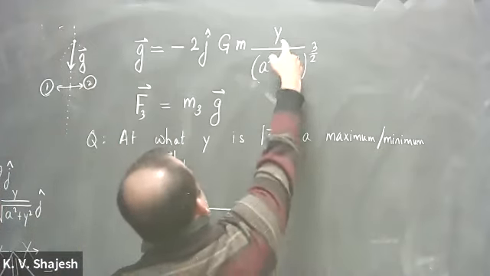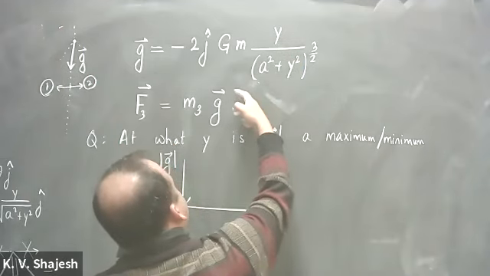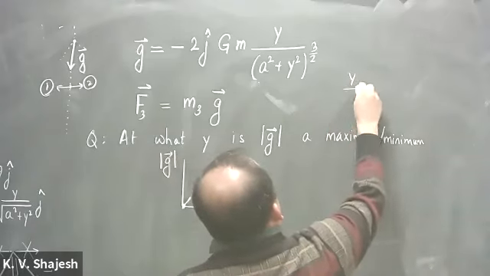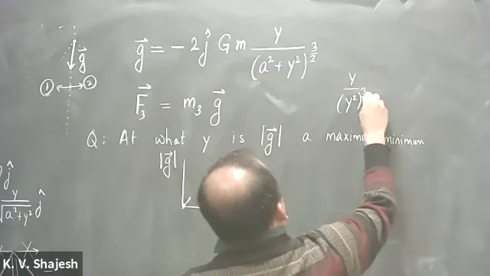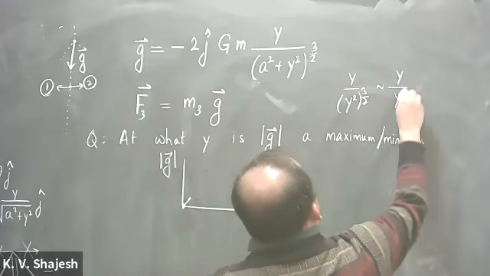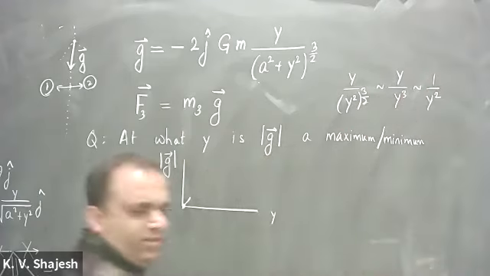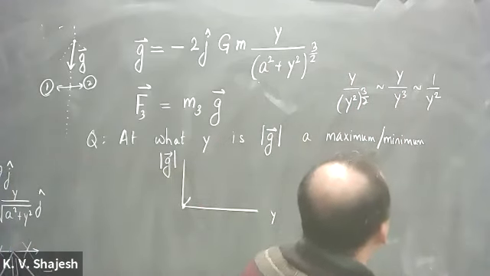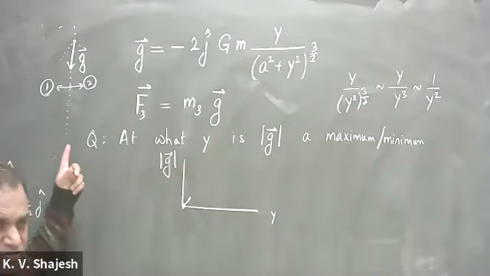So y is very large, so a is really small compared to y. So this can be neglected, and I would say it is y over y cubed, right? So that's y over y square to the 3/2. So that's approximately y over y cubed. So that's 1 over y square. Right? So when y is very large, the gravitational field decreases by 1 over y square, which makes sense because